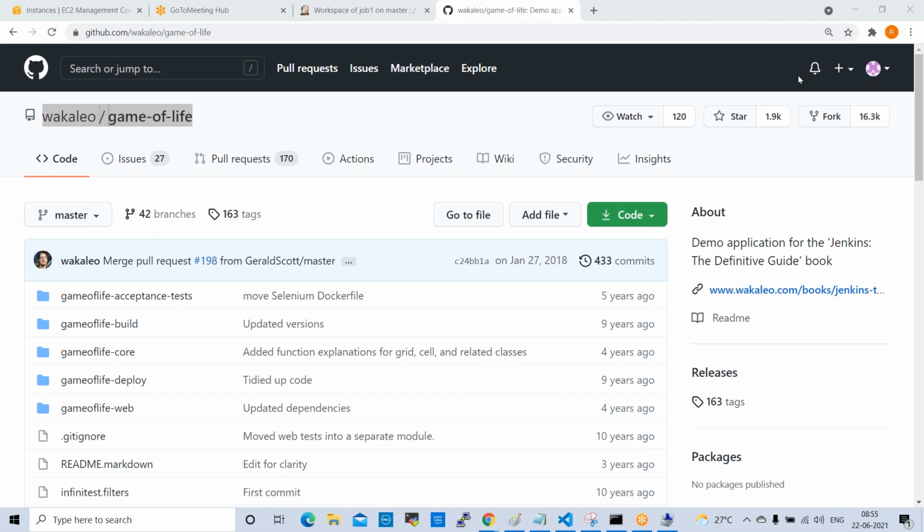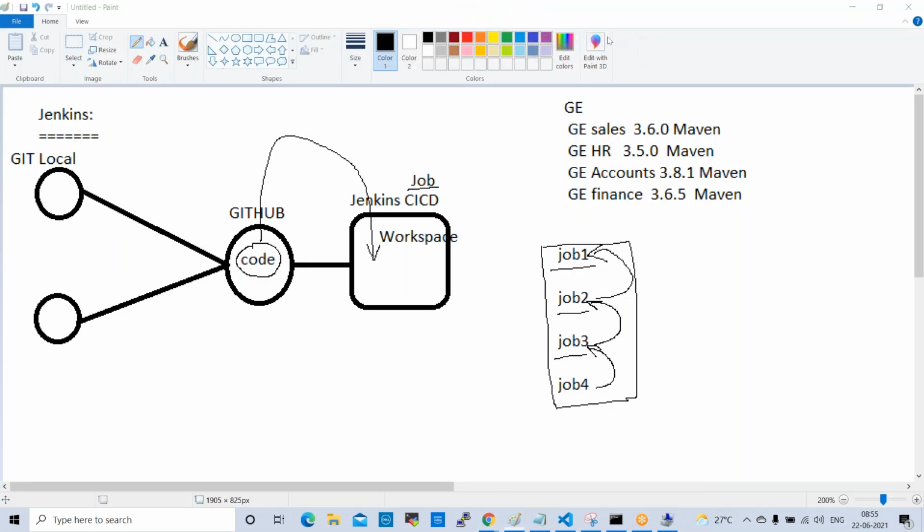You can practice with this code. Sir, will this code move to Ansible? No. Basically, why do we pick this code? In the flow we are following, this code will be moved to the application server to deploy the code.